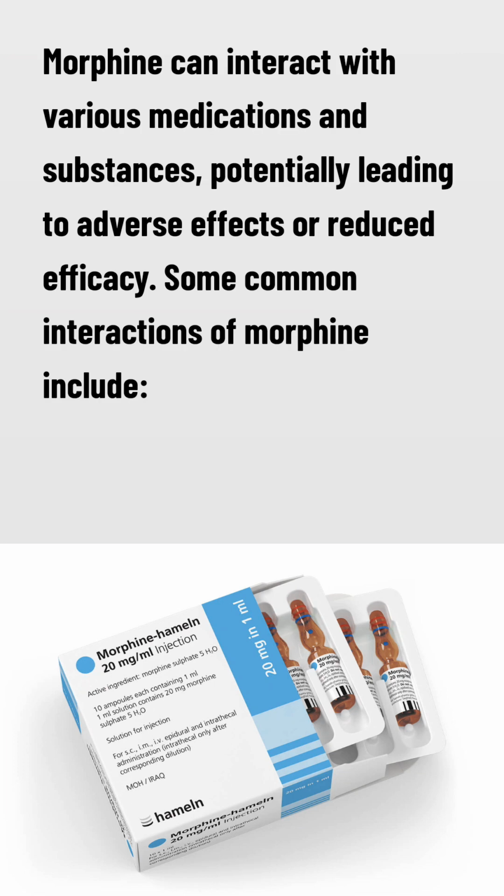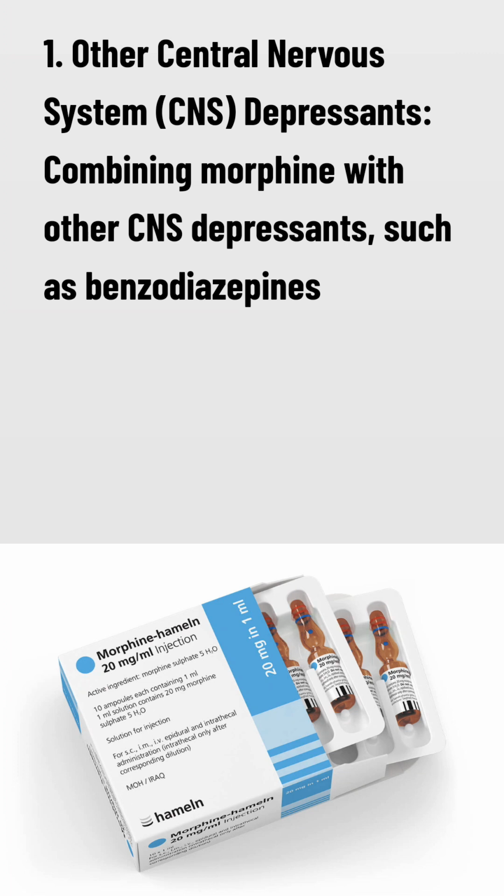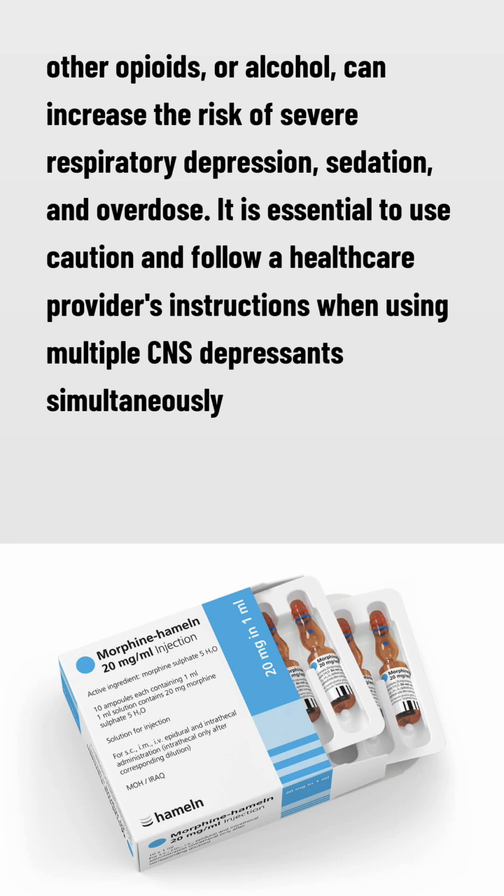Morphine can interact with various medications and substances, potentially leading to adverse effects or reduced efficacy. Some common interactions of morphine include 1. Other central nervous system (CNS) depressants. Combining morphine with other CNS depressants, such as benzodiazepines, other opioids, or alcohol, can increase the risk of severe respiratory depression, sedation, and overdose. It is essential to use caution and follow a healthcare provider's instructions when using multiple CNS